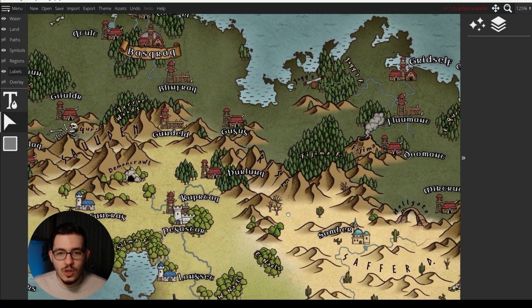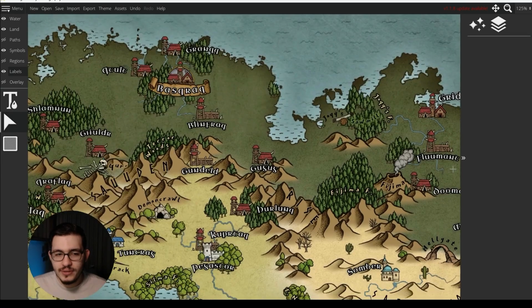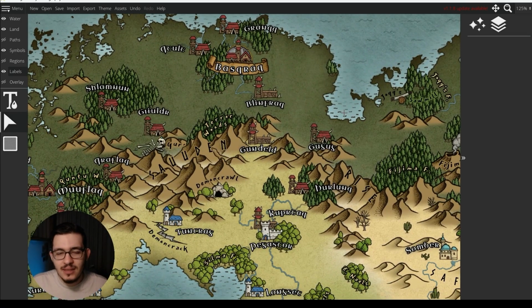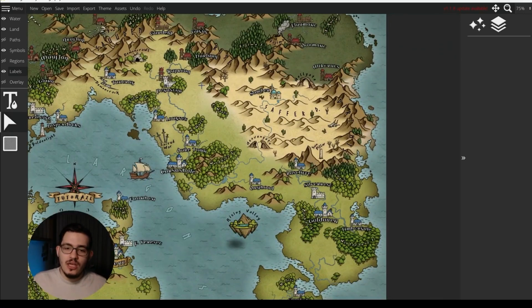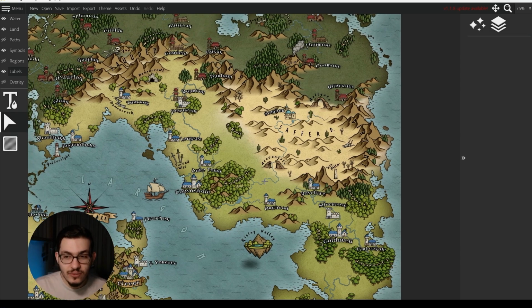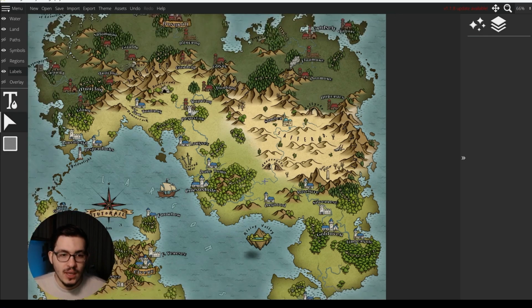If I don't need to know the names of the forests, then just keep them unlabeled. If I only have a very important major forest and the rest of the map has smaller forests and woods, then maybe you could just label the bigger one. Because if you will not use that information in your plots, in your world, in your games, then do you really need to show it?